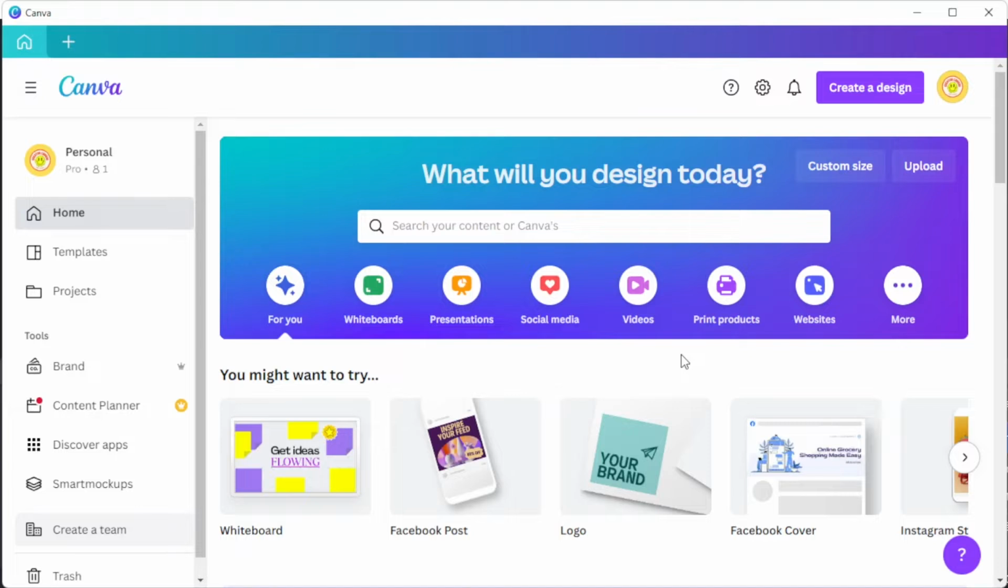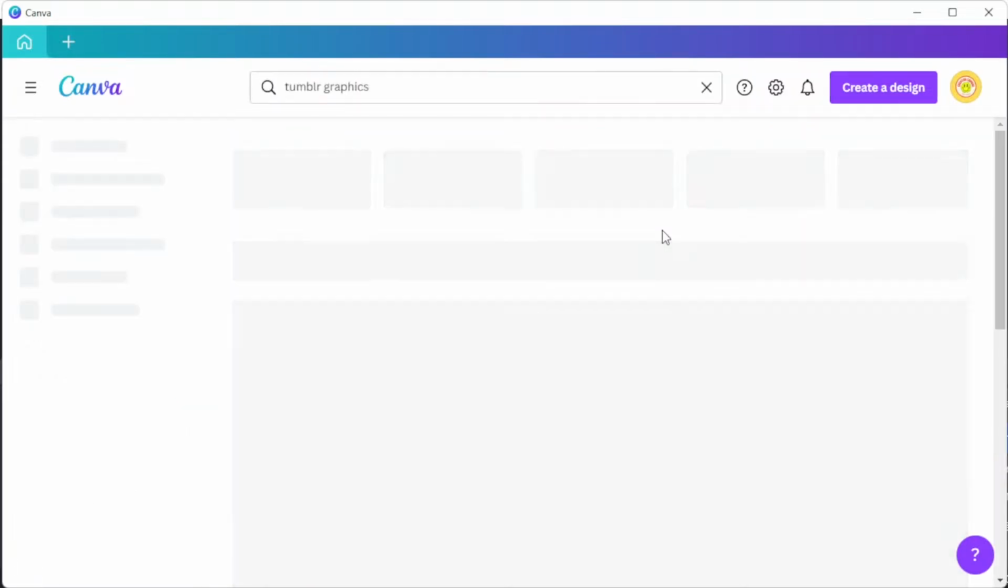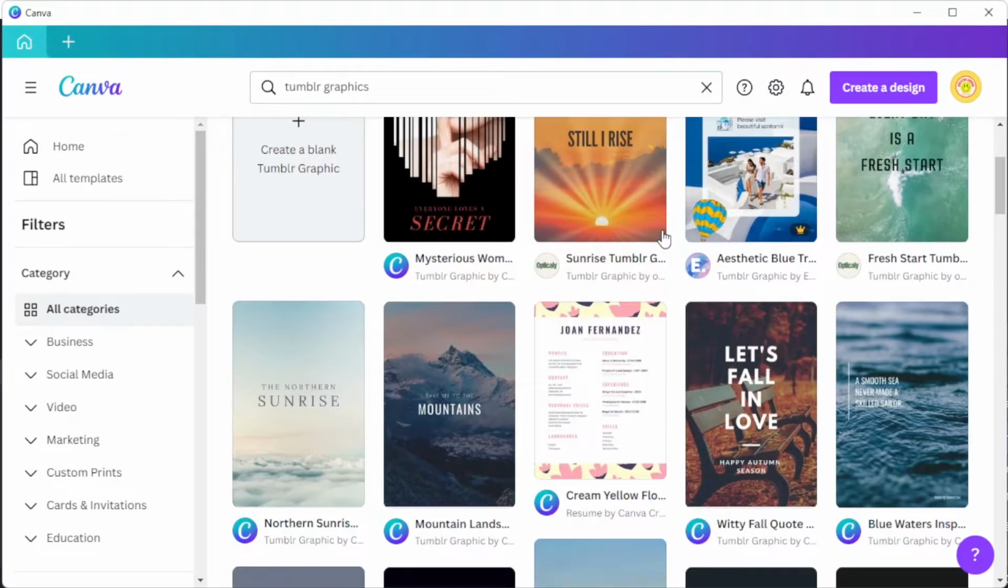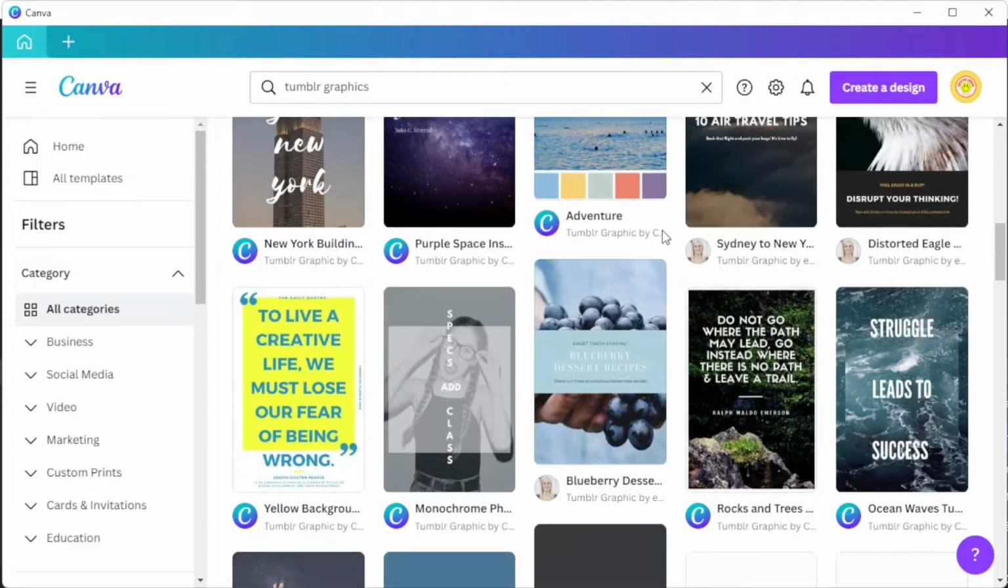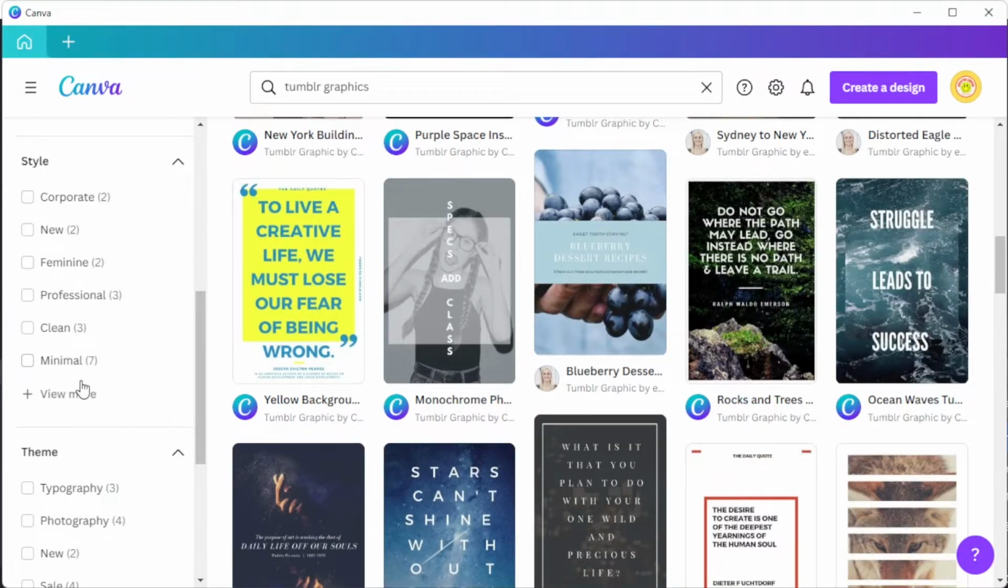First, open Canva and in the search bar, type in the keyword Tumblr graphics to open Canva's template library containing tons of customizable templates for Tumblr graphics. To choose the right design for you, you can simply enable some of the filters in the sidebar to narrow